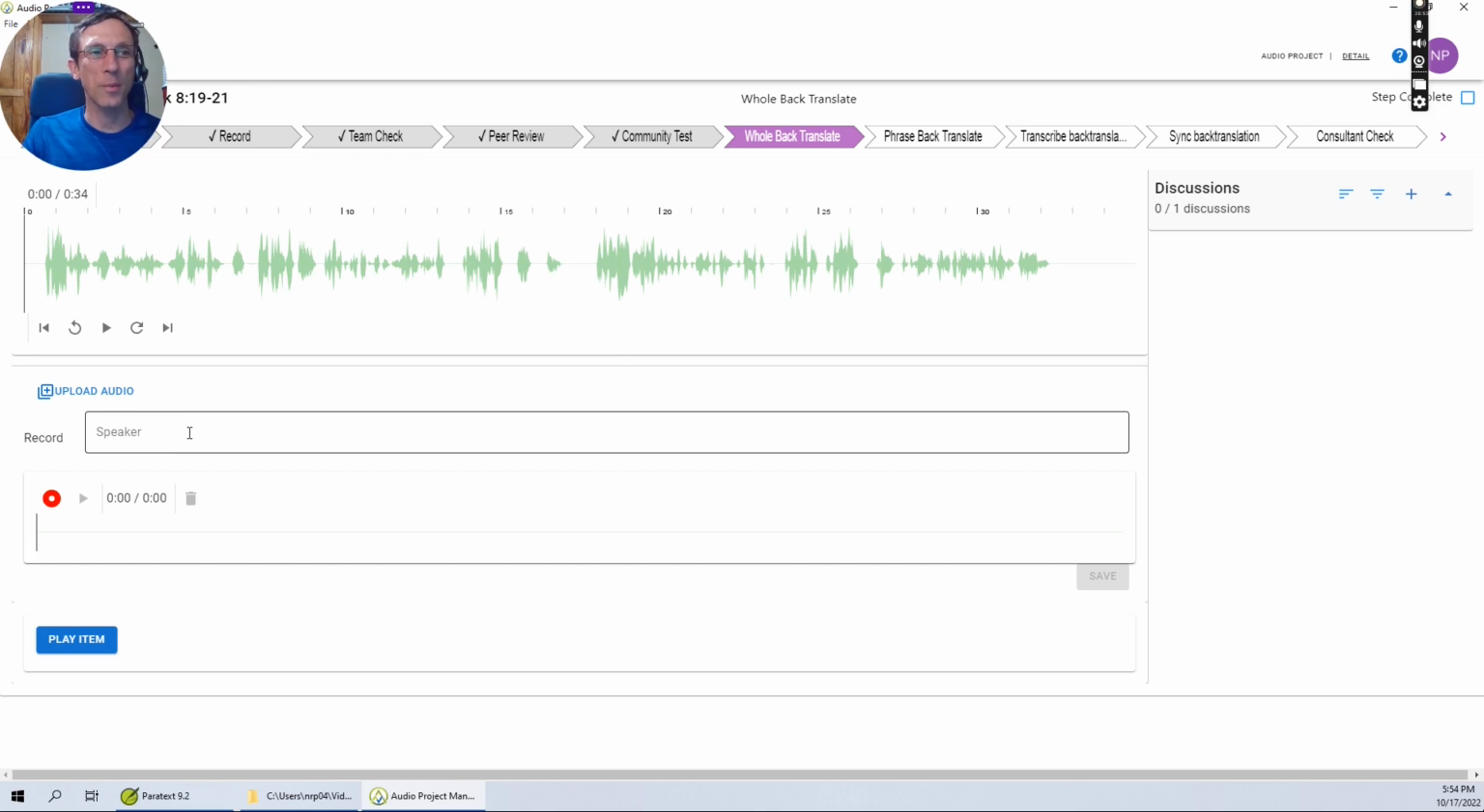So in this step, someone ideally who is not familiar with this passage and definitely was not part of the drafting process. So that is going to be, I don't know if I've used this one yet or not. I don't think so. Nathaniel, the back translator. And I'm going to let Nathaniel listen to the whole